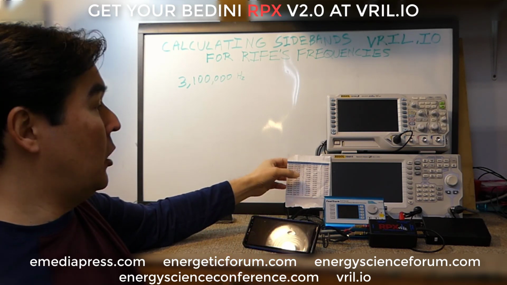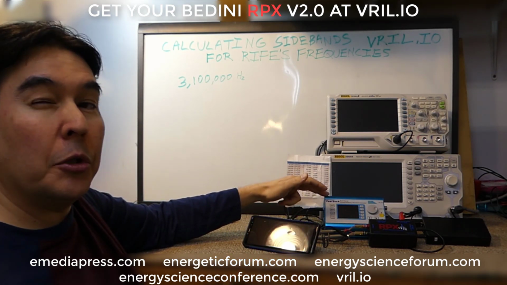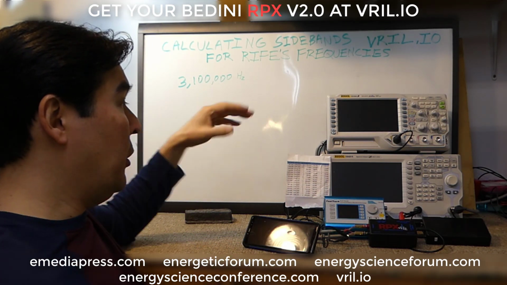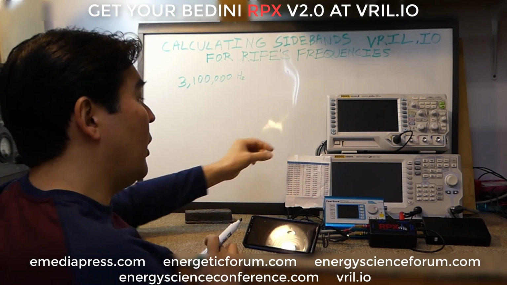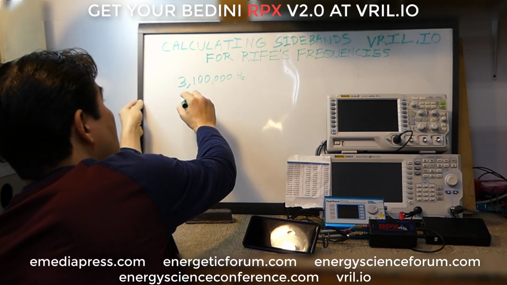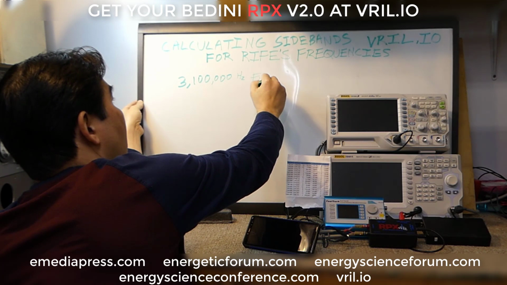create with the sidebands, because we don't want to take that frequency, put it in a signal generator, and claim that it's a Rife machine. That would be ridiculous. So what we're going to do is go through the process. The first one here, just as an example, is 191,000. Okay, so we're going to say this is the fundamental